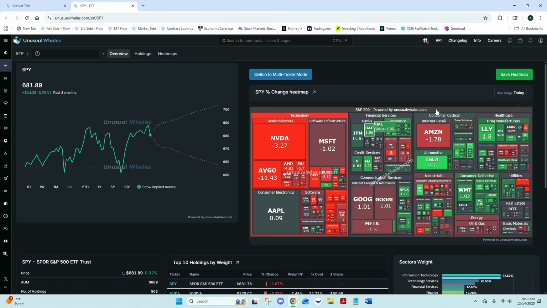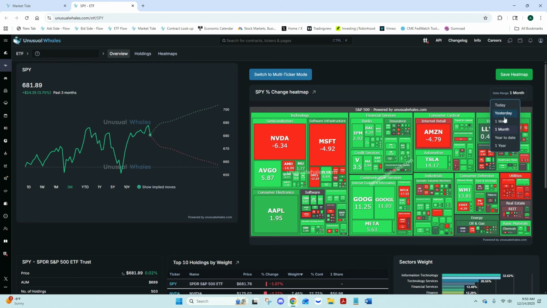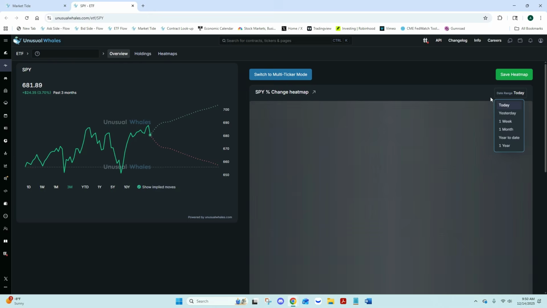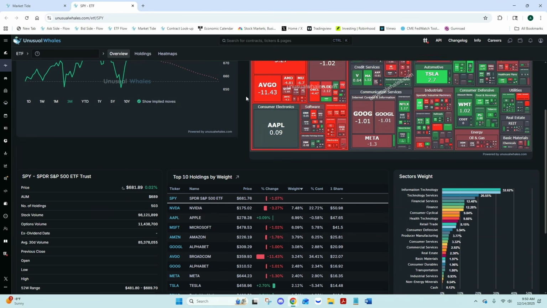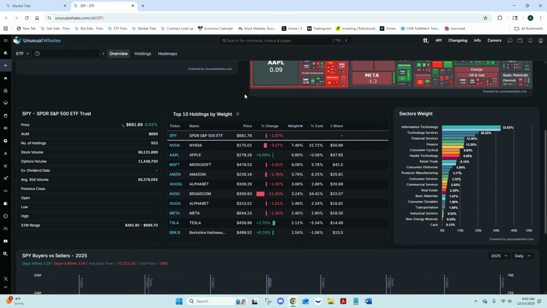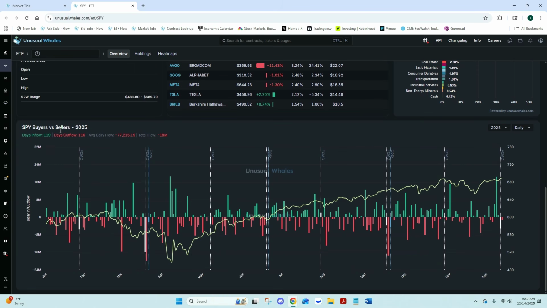So just kind of looking at there, it'll show you the heat map there as well. You can switch that date range if you want to look at the last month, the last week, today, yesterday, and so on. You scroll down, you get a lot more data as well in here. You got your top 10 holdings by weight, your sector weight here, and then you got the SPY